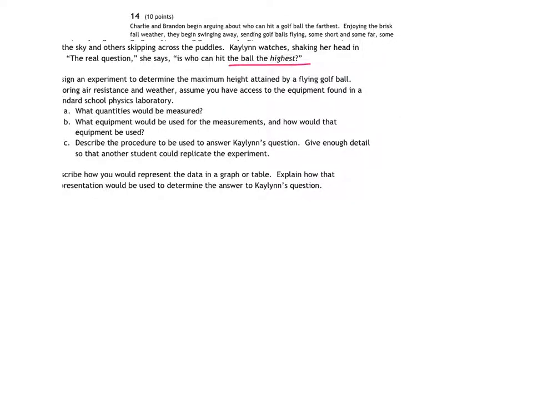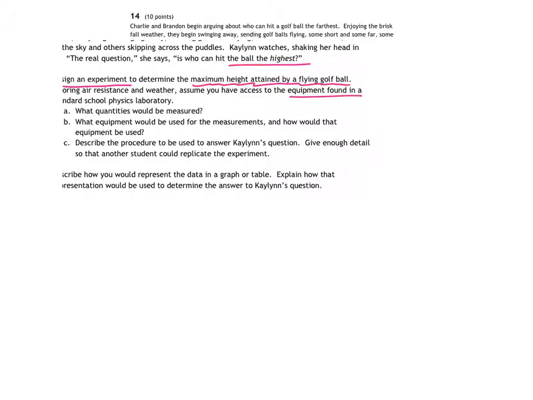And the last problem here, when we look at Charlie and Brandon arguing about who can hit a golf ball the farthest, enjoying the brisk fall weather, they begin to swing away, sending golf balls flying, some short, some far, some high, some low. Kaylin watches and says, who can hit a ball the highest? So, design an experiment to determine the maximum height attained by a flying golf ball. Ignoring air resistance and weather, which is miraculous, of course, assume you have access to the equipment found in a